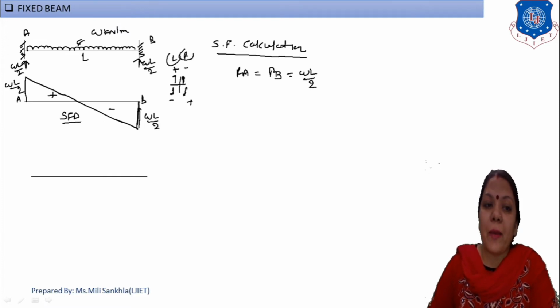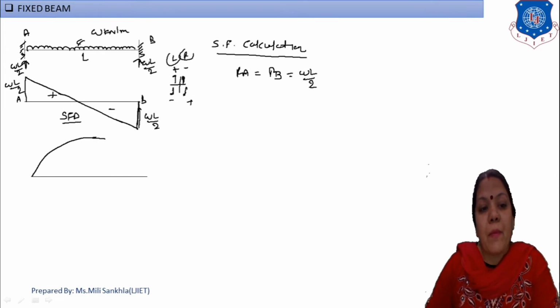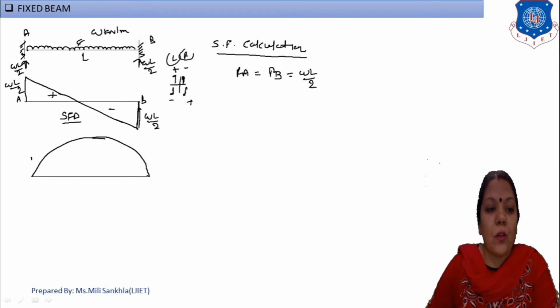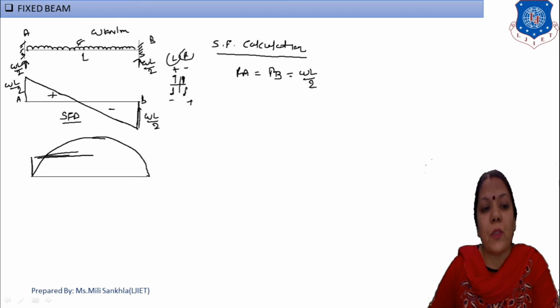Next we draw our BM diagram. In the previous derivation we first drew the separate diagrams and then superimposed, but now we draw directly. So first of all, draw the BM diagram for the simply supported beam. This is an outward parabola. Then draw the BM diagram with use of the principle of superposition. Superimpose this diagram, and this diagram is our fixed beam subjected to hogging. This is minus, this one minus and plus, and this center point is equal to WL square by 8.